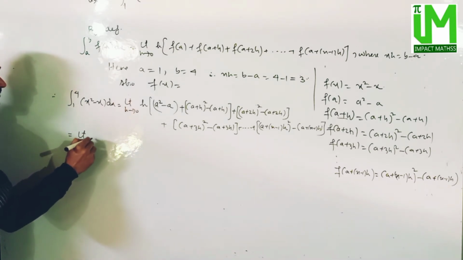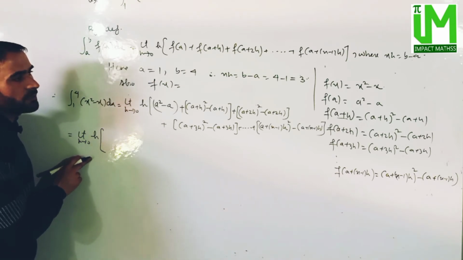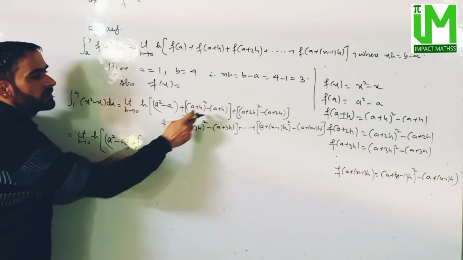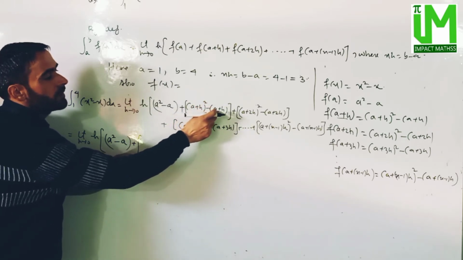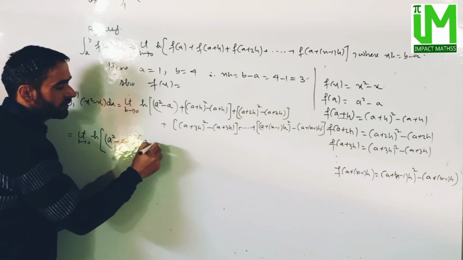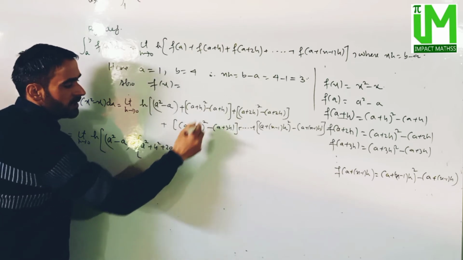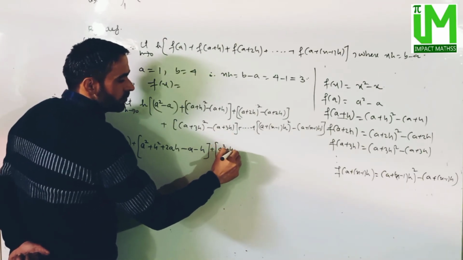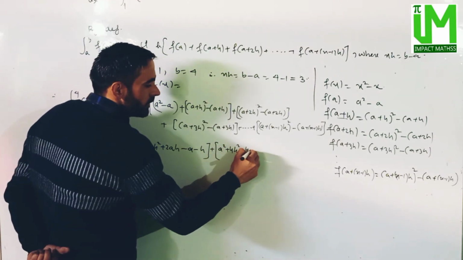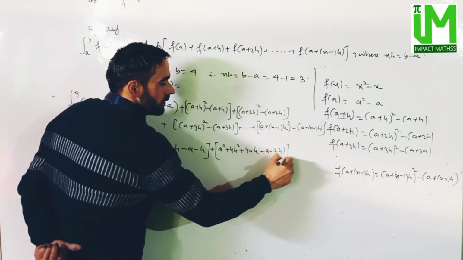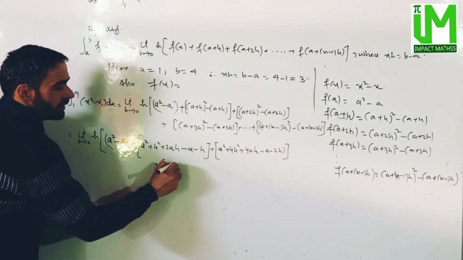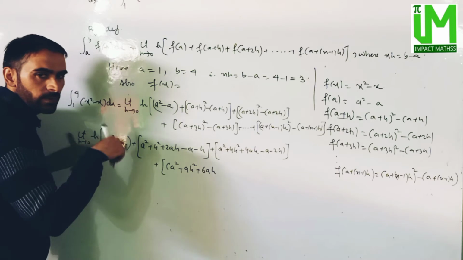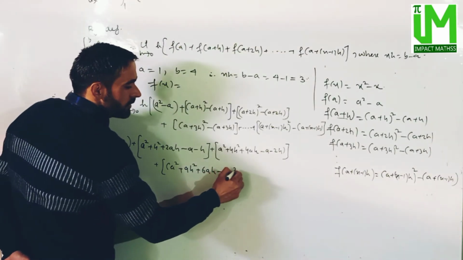h tends to 0, h times a² minus a, for now let us simplify. So this will be a² minus a, plus simplify this bracket: (a+h)² minus (a+h), so this will be a² plus h² plus 2ah minus a minus h, minus a minus h plus a² plus 4h² plus 4ah minus a minus 2h, and again plus a² plus 9h² plus 6ah, applying the (a+b)² formula, minus a minus 3h